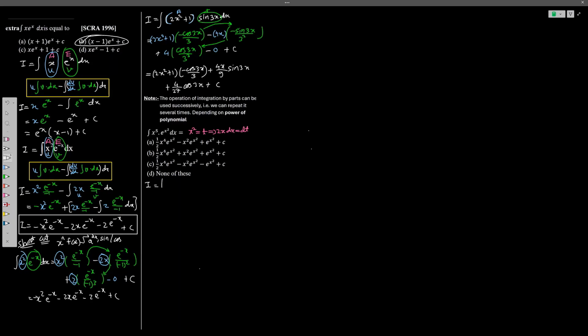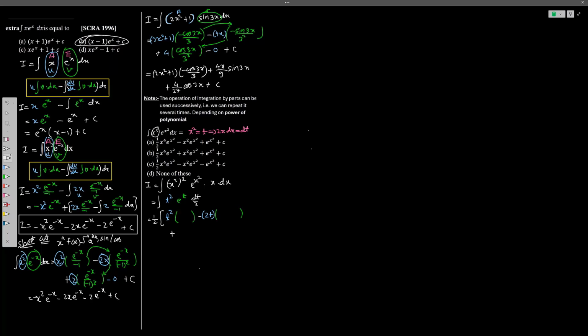Let's rewrite the question. x raised to 5 can be split into x raised to 4, which is square of x square, times e raised to x square times x dx. So first term will become t square, second term will be e raised to t, and x dx will become dt by 2. So 1 by 2 is constant, take it outside, apply the formula. t square into bracket, minus differentiation of t square, 2t, and bracket